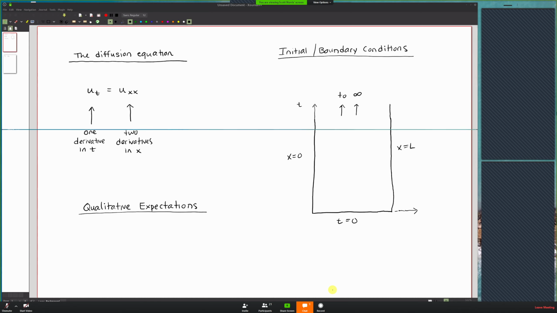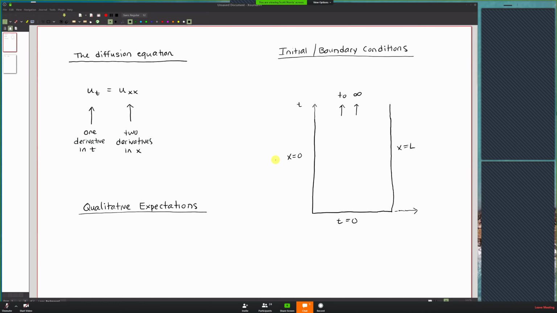So last class, we introduced the diffusion equation. We derived the diffusion equation from the principle of conservation of energy. We defined that in terms of some little small domain, which we called omega. And then we did some math on it and showed that we could obtain an expression that was true pointwise. And then into that expression, the conservation of energy expression, we added what we call the constitutive relation,